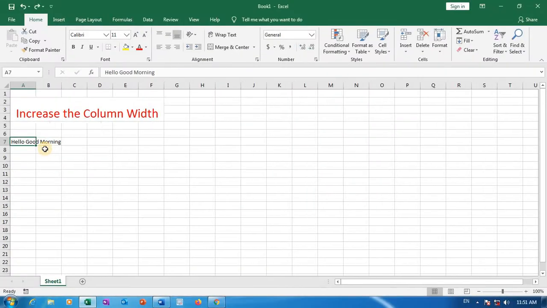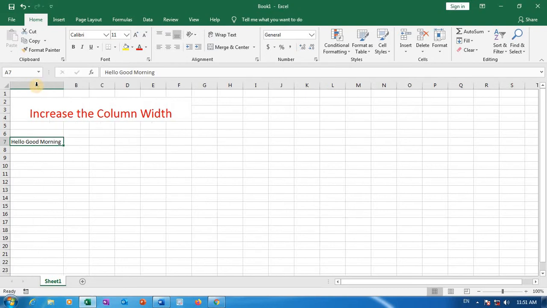Once again, just put the cursor here like that. The cursor shape will be like that and double click on it. Immediately the column width changes. Again, type 2. Good morning.